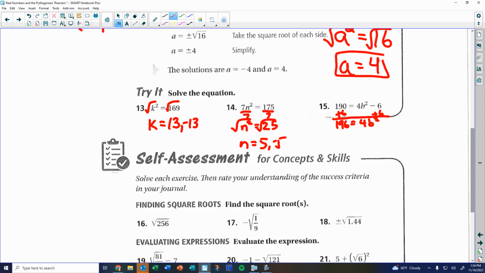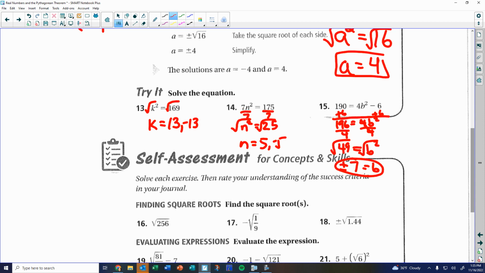Okay, now how do I get b squared by itself? What do I gotta do? Divide by 4. How many times can 4 go into 196? 196 divided by 4. 49. It's just crazy how these always end up with perfect squares, right? If I square root both sides, square root of b squared is b, and then I get plus or minus 7. And that is solving